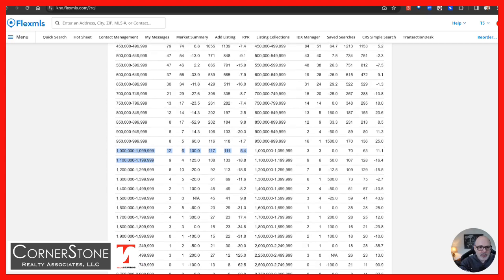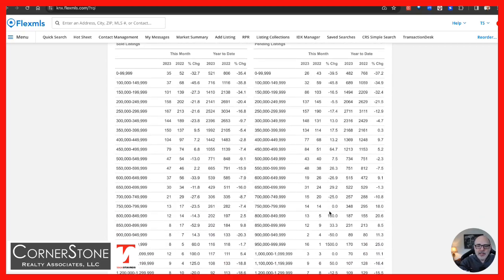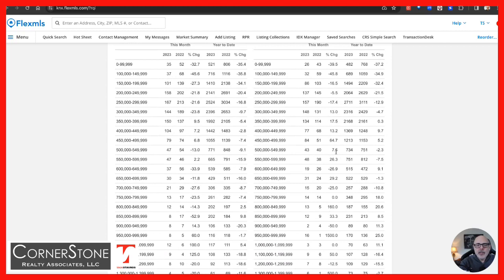And then as we scroll down a little bit further, we saw 4 sales in the 1.7 to 1.8 million, which was a 300% increase over last year. We saw 3 sales between 2.25 and 2.5, which was a 200% increase over December of last year. When we look and see what is pending, what price ranges are pending, it basically holds true with what prices